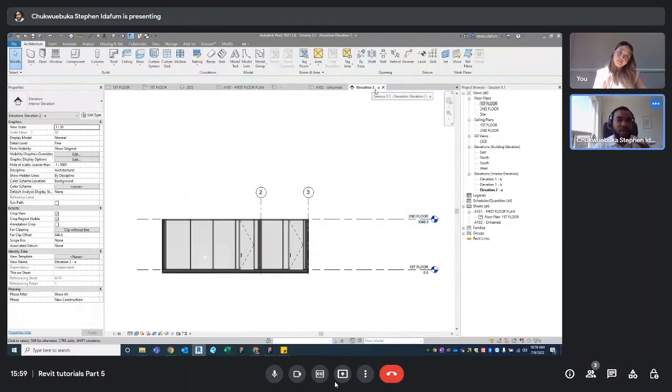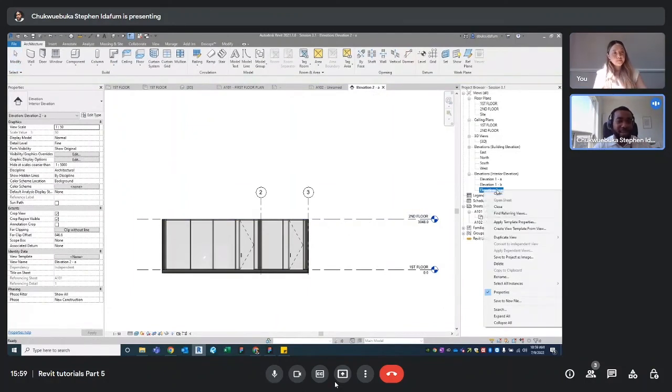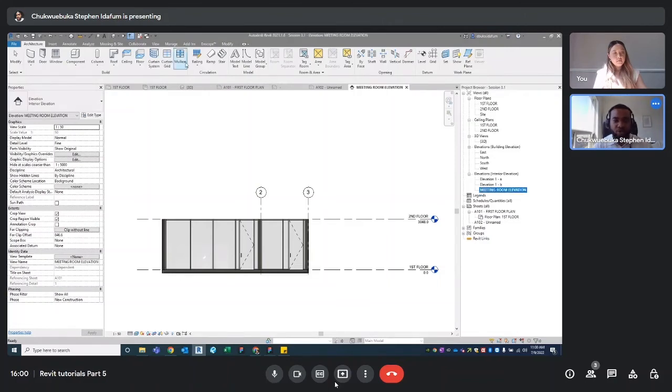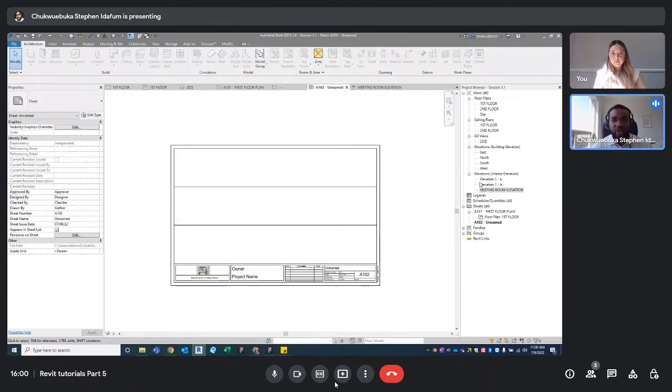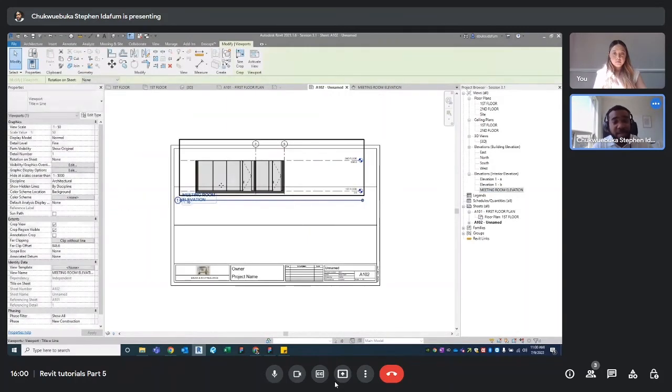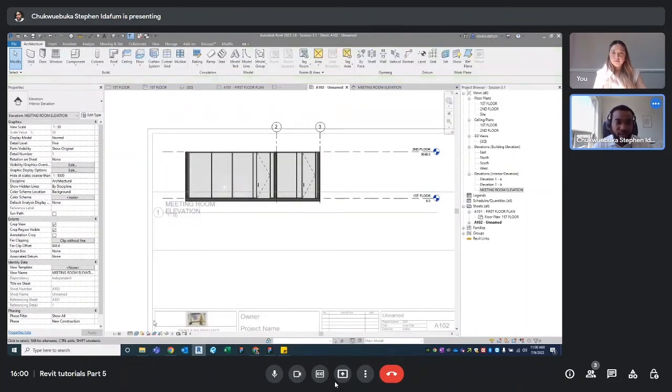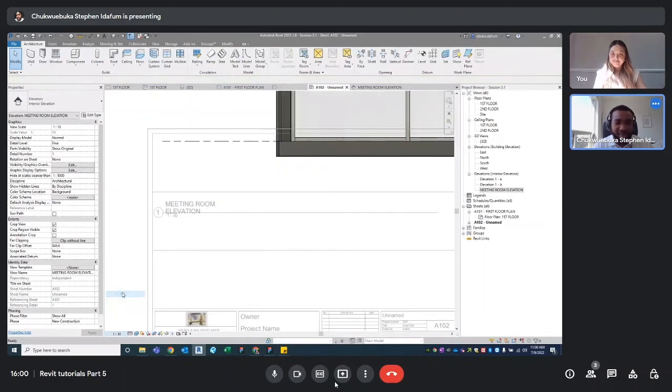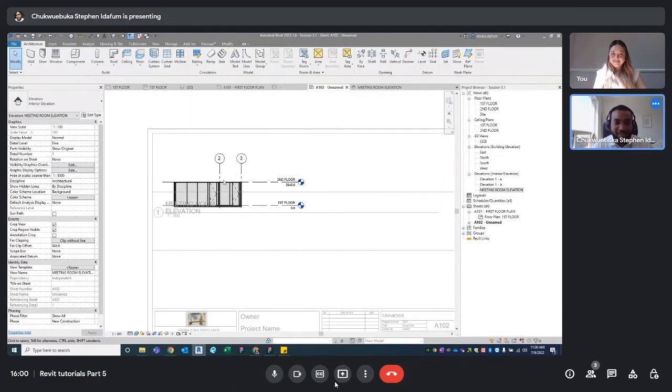I know it's called elevation 2A, but you can always right click and rename it to say meeting room elevation. And you have it there. Now let's try and bring it into here. Normally elevations are on a bigger scale. So you drag and drop. As you can see, it is really, really big. We don't want that. Now let's fix that. Double click into it. Let's see if you can mess with the scale. Okay, no, other way. Wonderful. So you click outside